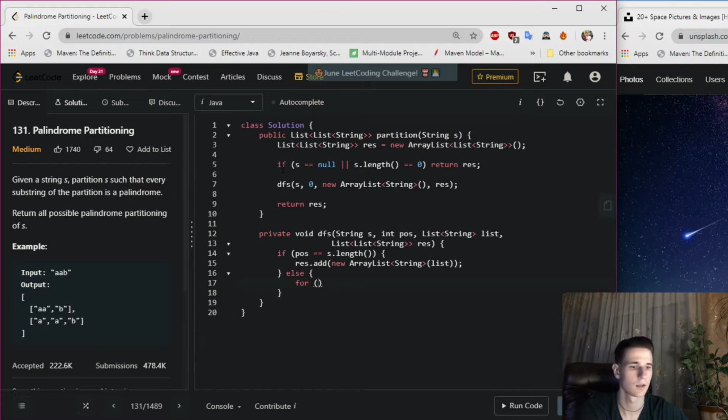And else, if position doesn't equal s.length, that means that you need to create a for loop, right? You say int i equals initial position, i is less than s.length, and i plus plus. You are looping through this, and at each iteration you check if it is a palindrome, you pass the string, initial position, and the current position. If it's so, then you can say list.add